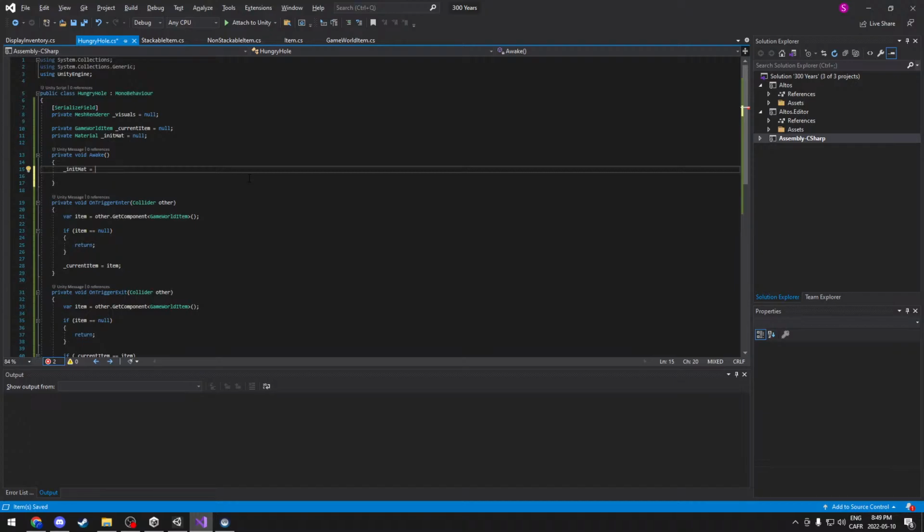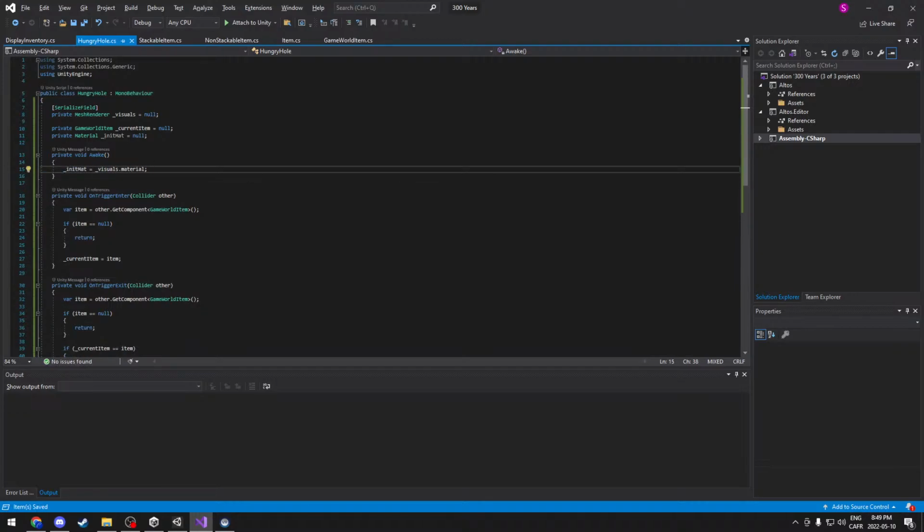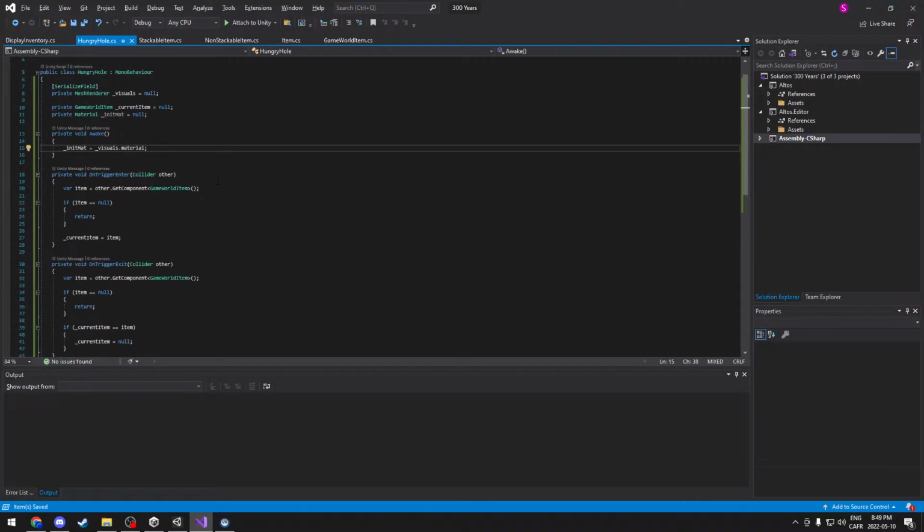What am I doing? Right, visuals. Visuals, material. Just grab the first material, that's fine. So that's what it looks like originally. And because it is the only thing that has this material on it, I'm not going to worry about cloning the material. Just leave it like that. And on trigger enter, we are going to